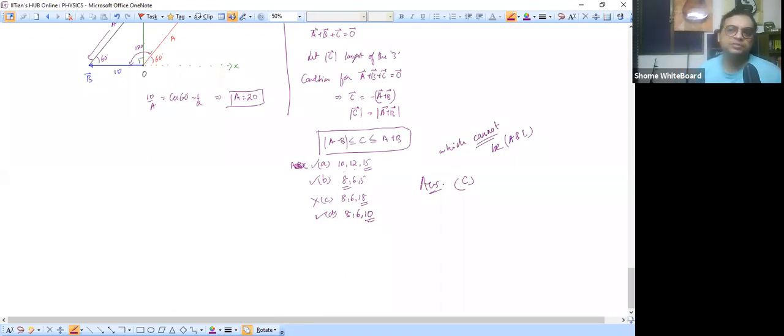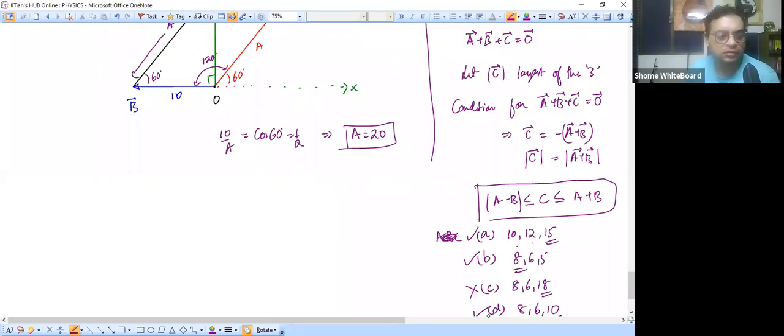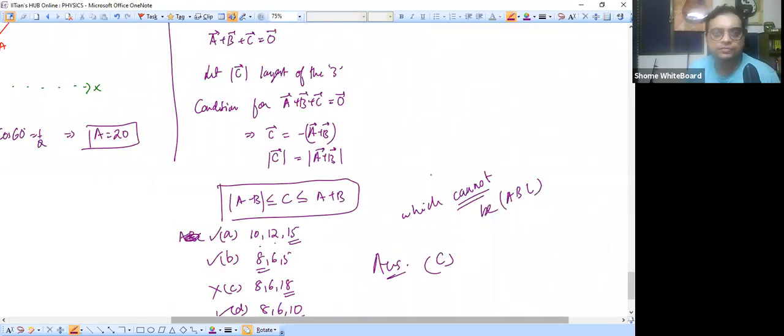Let's assume the three vectors A, B, C such that C is of the largest magnitude. Yeah, vector A plus vector B plus vector C is 0 vector, no? Arey, it is a null vector, beta. The sum of three vectors cannot be a number. It has to be a vector, no? So it's a null vector. This one is the largest of the three. If we take 10, 12 and 15, which one is C? 15. If we take 8, 6, 5, which one is C? 8. Okay. So we are assuming that C is the one having the largest magnitude.